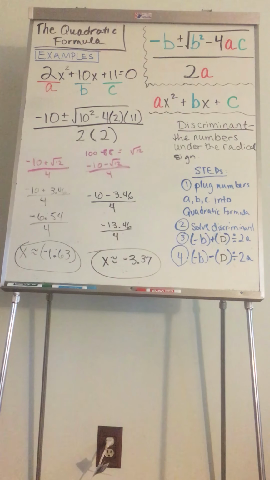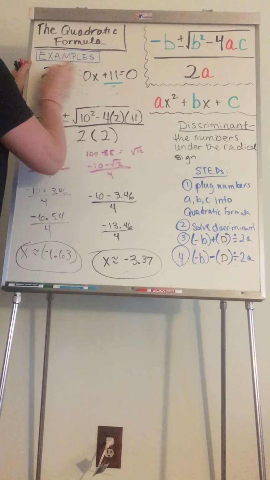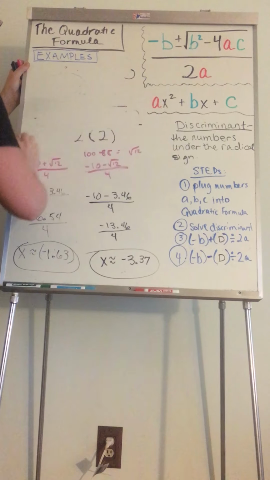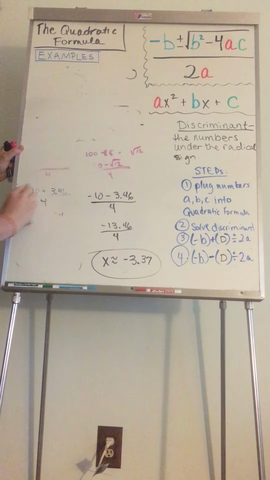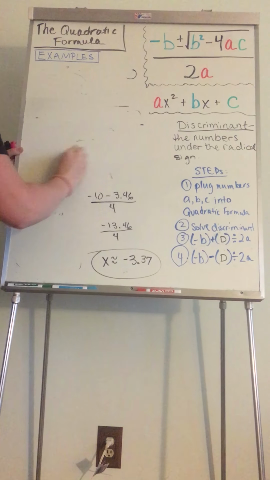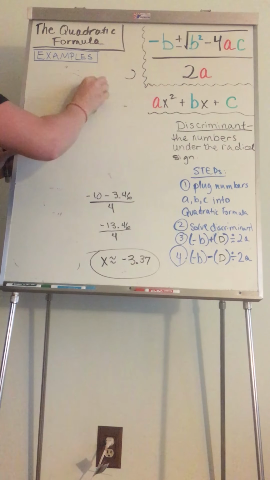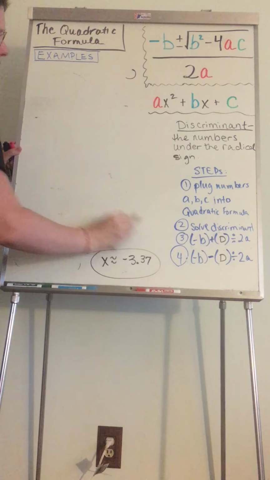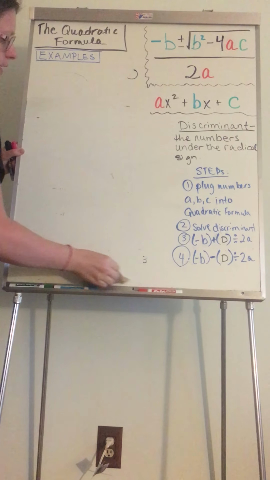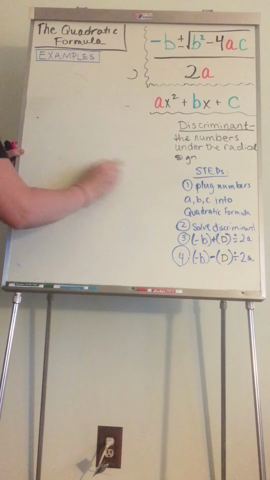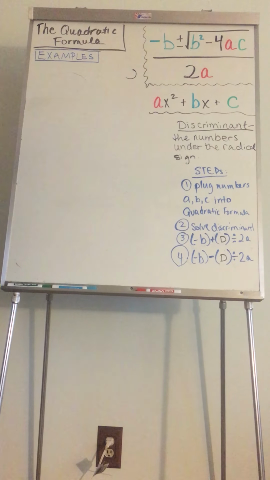So, example 2. And also to show you how we plug negative numbers into the quadratic formula, because all of our numbers A, B, and C on the first example were all positive. It's not hard. You've done it before, like when we did slope back in the fall. So example 2, we will have